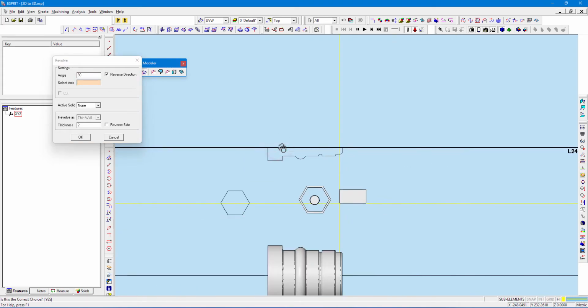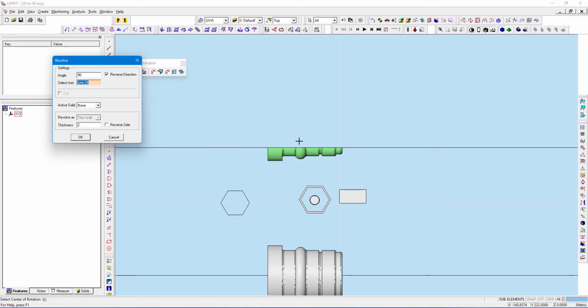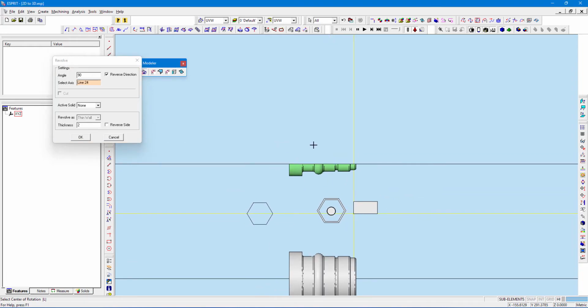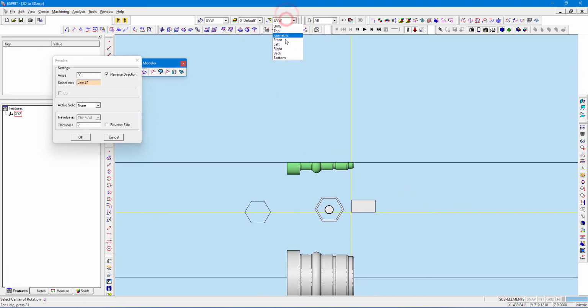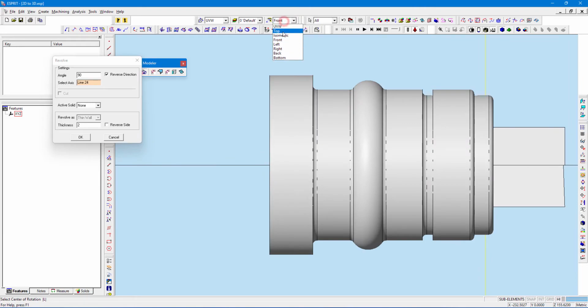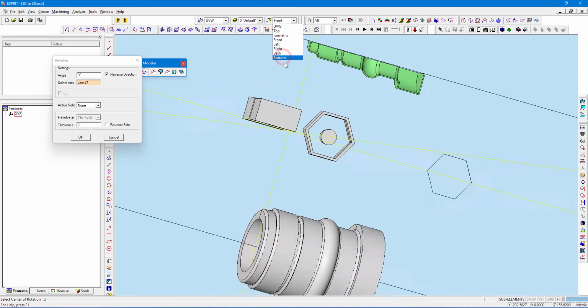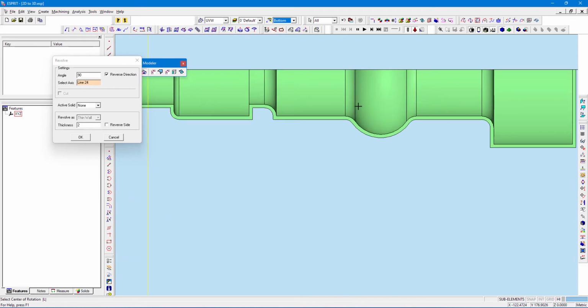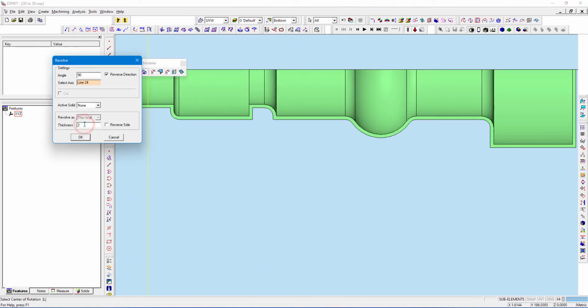I just select this as an axis, and I will give front, see it has been generated for 2 mm wall thickness.